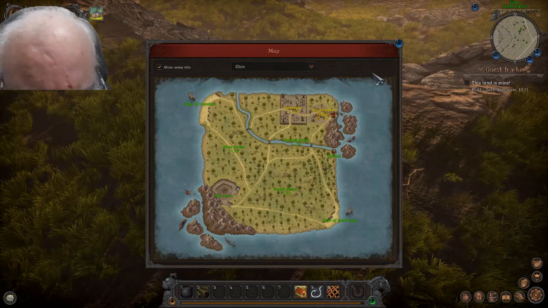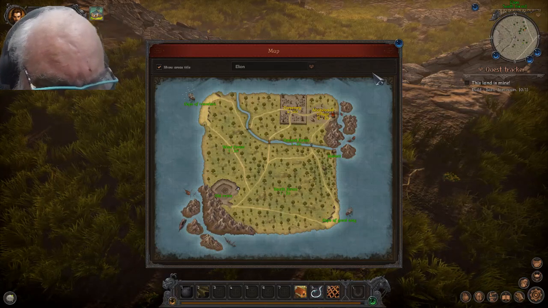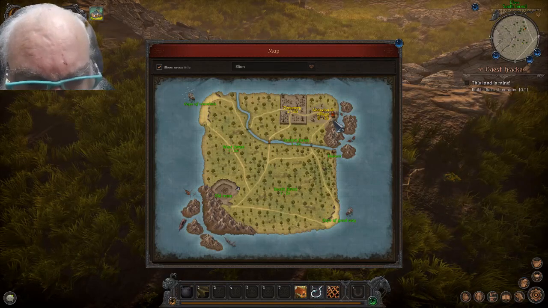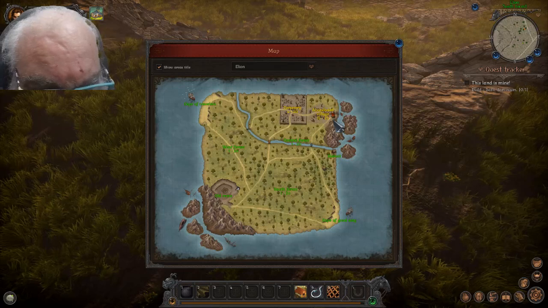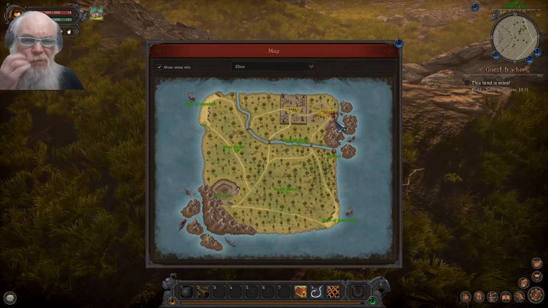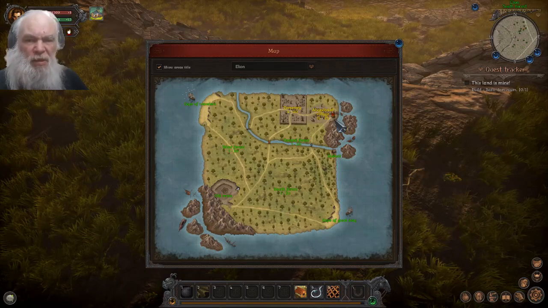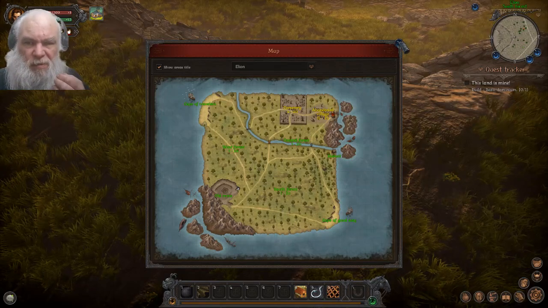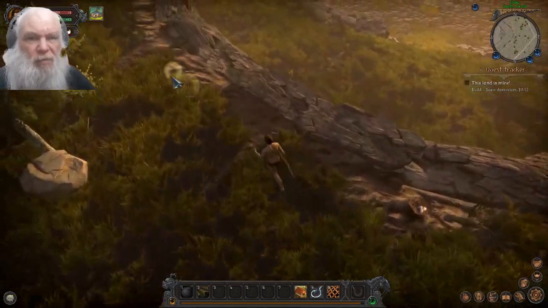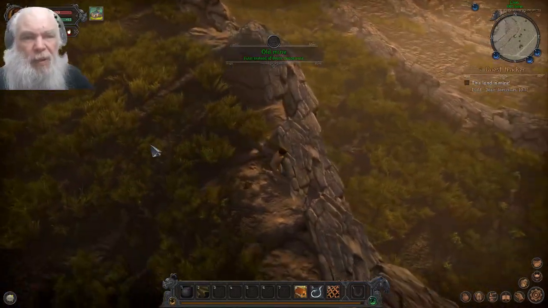There's the cemetery. Now where am I? I'm over at the old mine, I guess, if I understand the marker correctly. Okay, so I've got to go northeast. I might as well find...